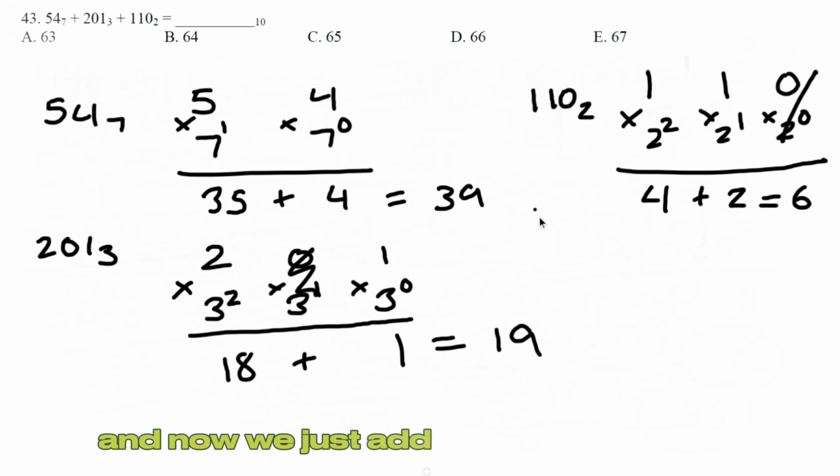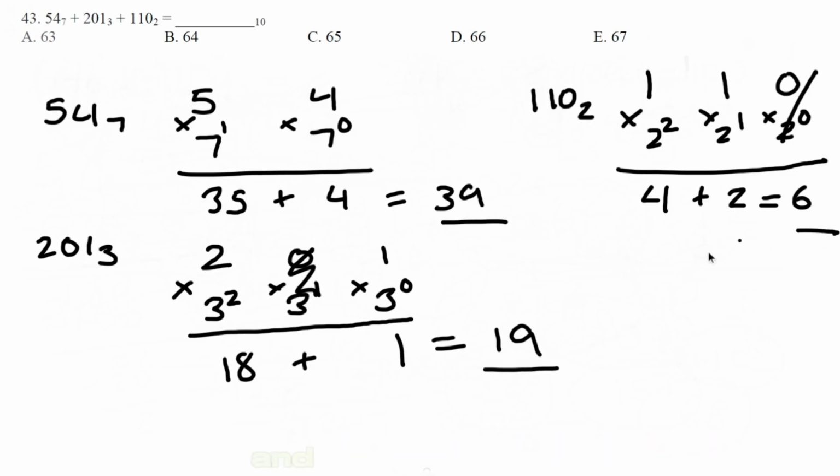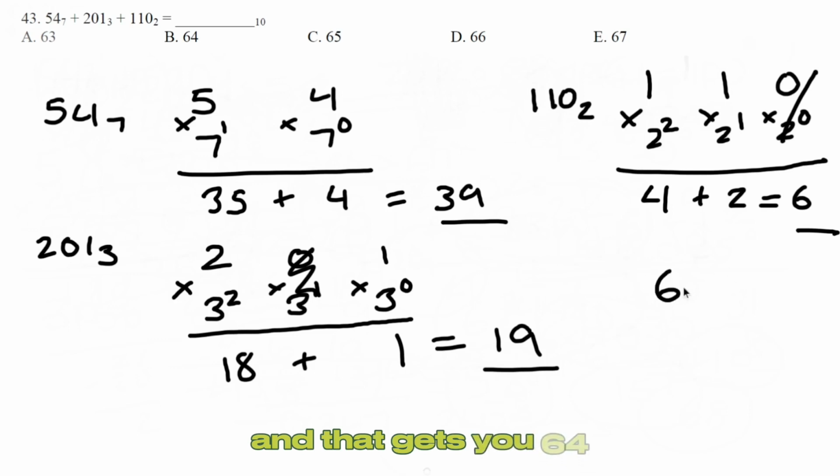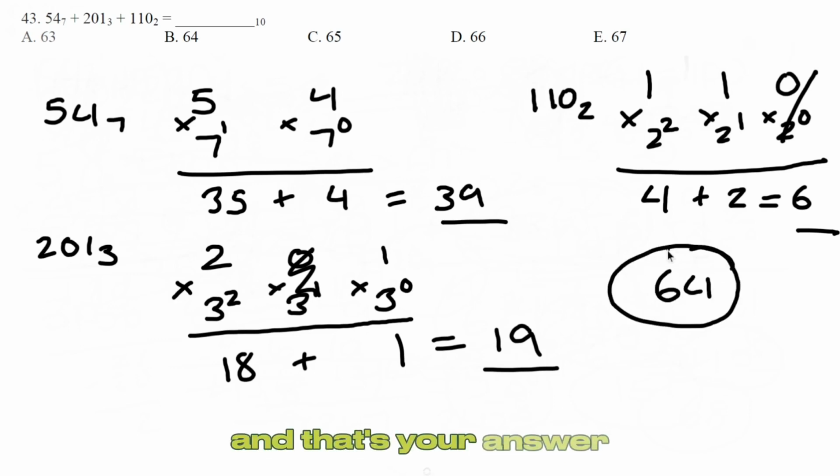And now we just add up these numbers. So 39, 19, and 6. And that gets you 64. And that's your answer. Next up,